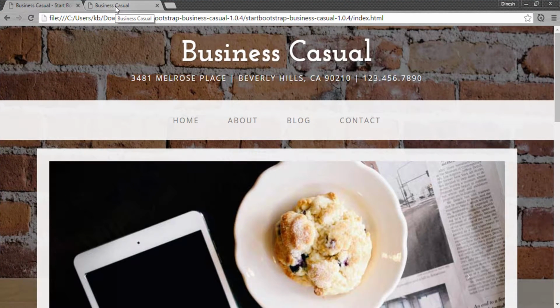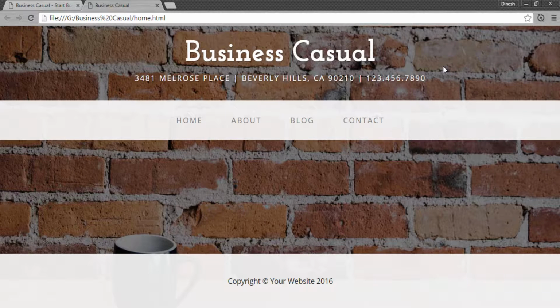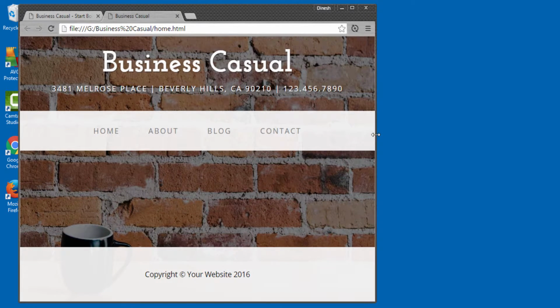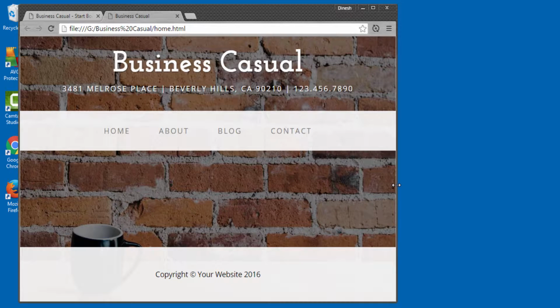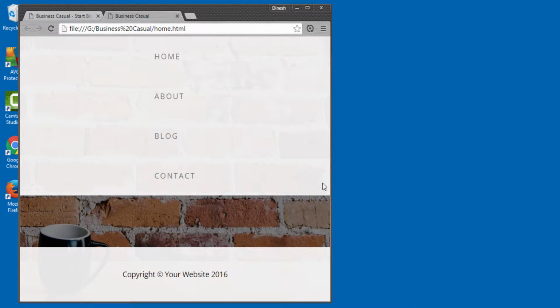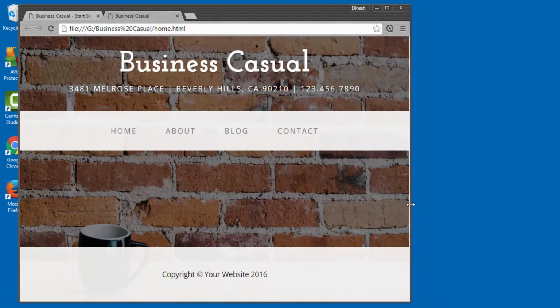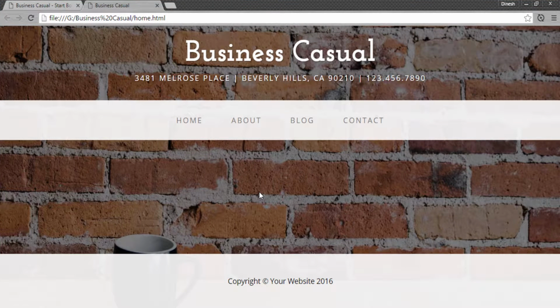So if I go to our site, you can see that currently this navigation bar has no responsiveness. If I shrink it below 768 pixels, it looks something like this. There is no responsiveness and there is no brand and toggle menu. So for mobile devices we need to provide this navigation facility to our website. So let's go to Sublime Text and see how we can provide this responsiveness.